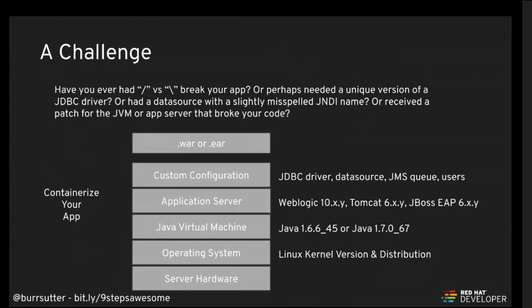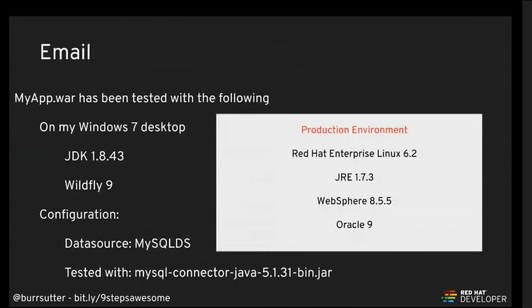And on that stack, on that basis, was our EAR or WAR or JAR, our application code that sat on top of that stack. But here was the problem. This stack was almost impossible to maintain. It basically was broken everywhere we went. We actually tried to document the stack in a nice email. We used to send nice emails to people and say, hey, here's what my code needs. It needs this version of that and this version of that and this configuration and that configuration. And for people who got super fancy, they took the email and they made a wiki page out of it. Right? You guys remember wiki pages when we used to do wiki pages? Well, even that was broken because the documentation was always out of sync with the reality of the code base,